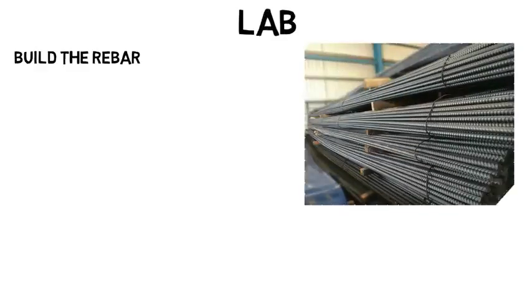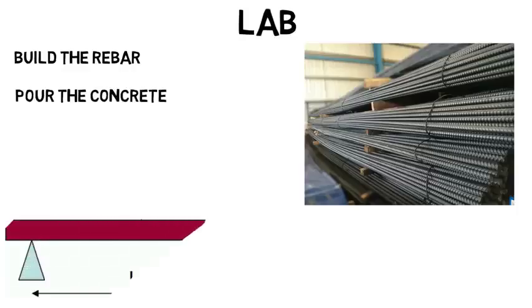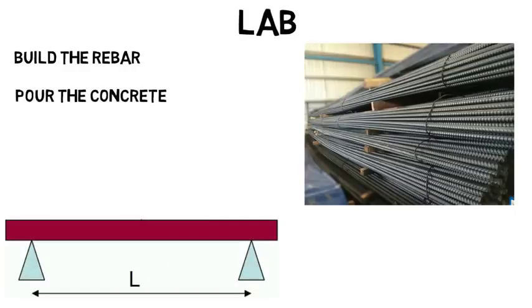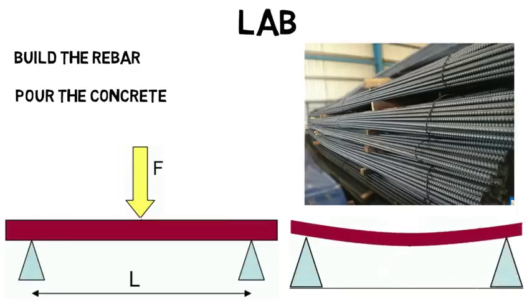So in a lab for this class, you might build the rebar, or the steel reinforcing rods, pour the wet concrete onto them, then once it dries, use a machine that holds the beam on both sides, then apply forces in the middle and keep increasing the force until the beam breaks or cracks and starts falling apart. That force being applied is sent to a computer that tells us the loading on the beam so we can collect the data and get the properties that we need.